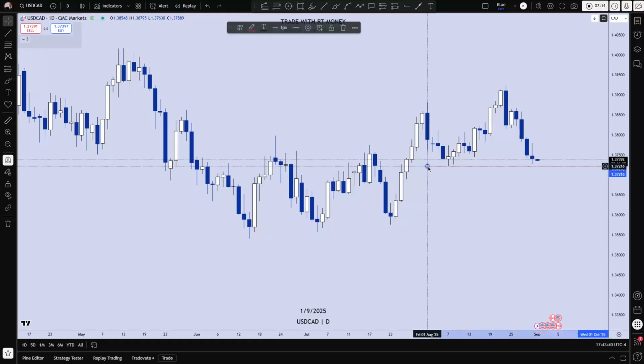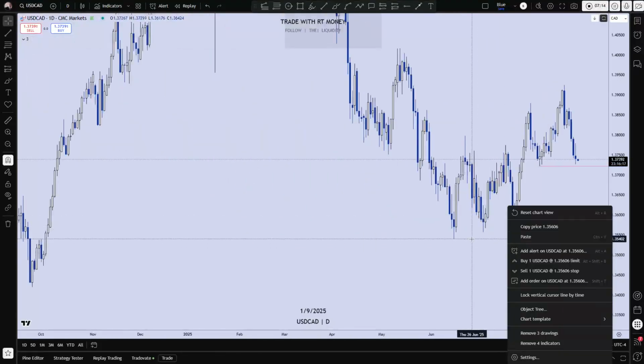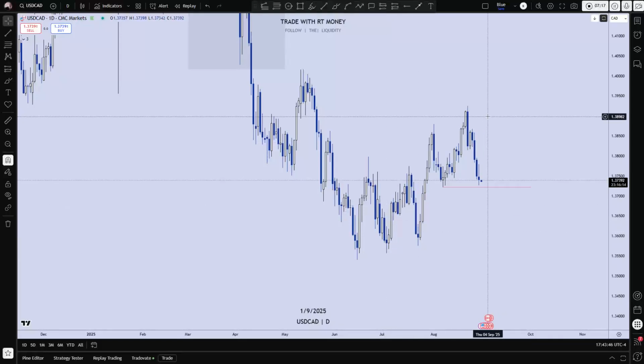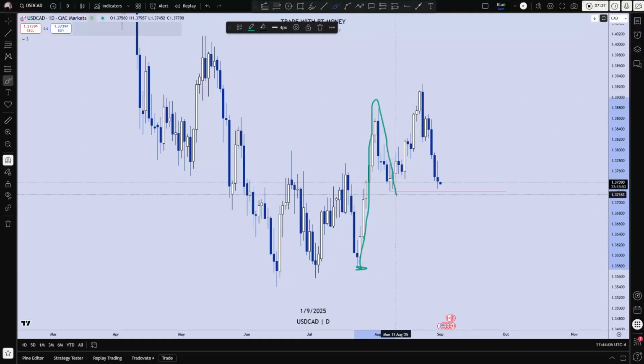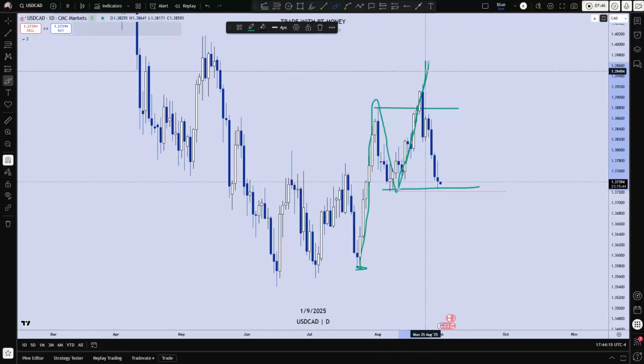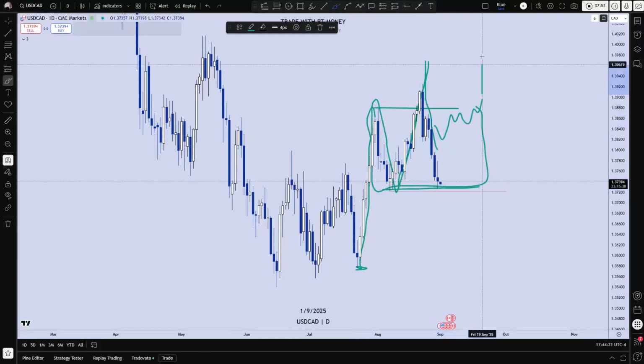All right, this is that low that I'm looking for price to trade towards. This is the low of last month of August, and I'm looking for price to take that low out. From looking at this, low, higher, higher, higher, low, higher high. We broke this high, and we're bullish. Then price comes back into it. We're expecting price to come back into this natural area of demand to continue higher.